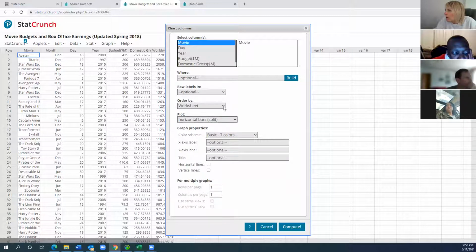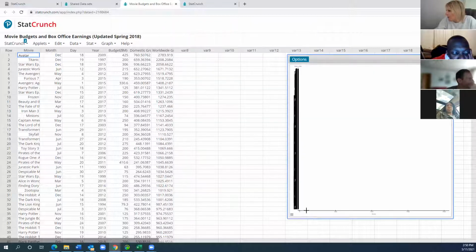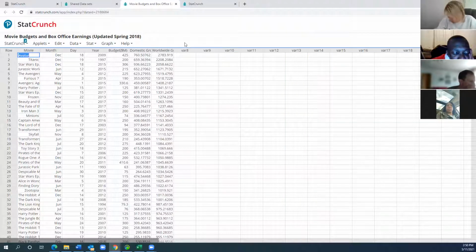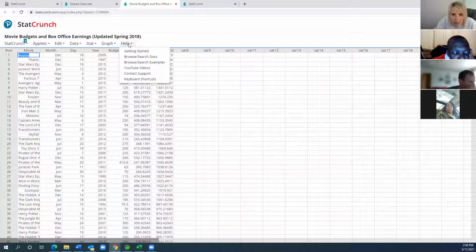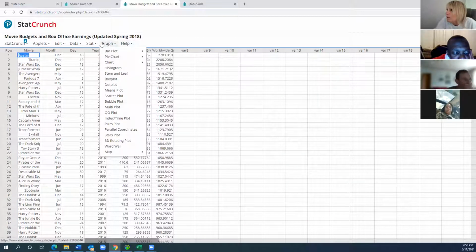By worksheet. No, I don't want that. This is weird. Because it wants us to make a bar chart, which,